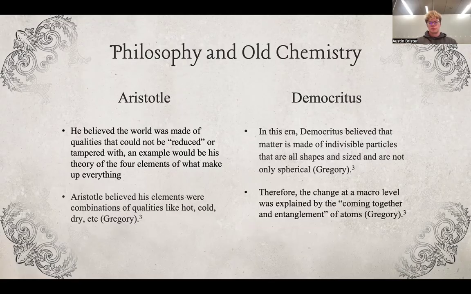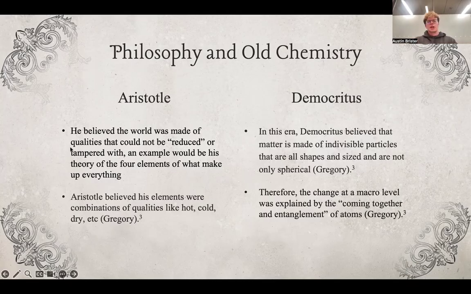Obviously, we have 100 plus right now, right? But Aristotle believed that elements were combinations of qualities, not actual things. Like, I don't know exactly what this is made of, but if we had carbon, well, carbon's the best element ever, or any other element, Aristotle would look at it and say, that's not an element. I'm sure an element's made of that, but that's not an element. So qualities like hot, cold, dry were qualities of elements. So fire, earth, water, air, stuff like that.